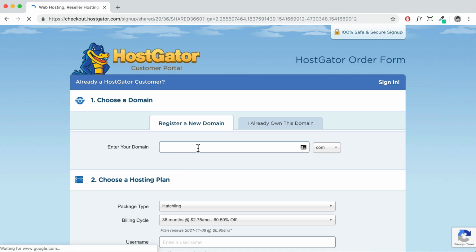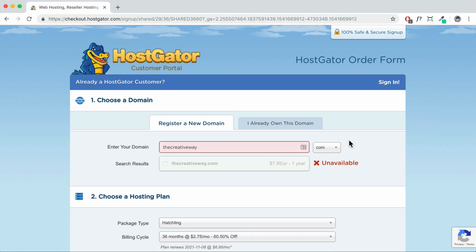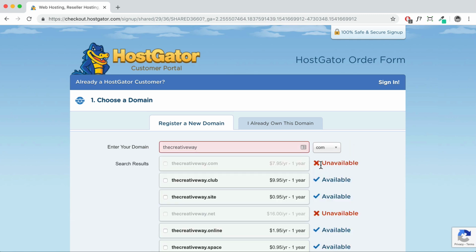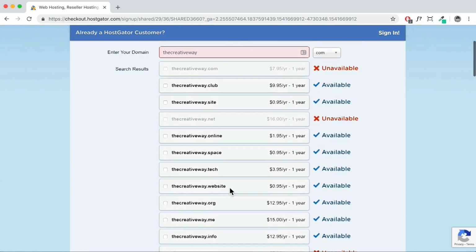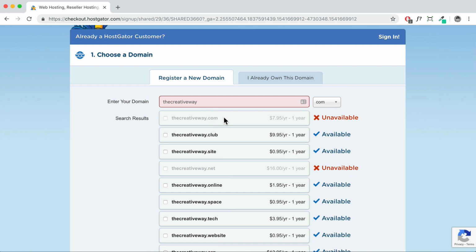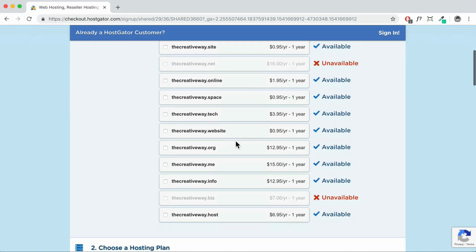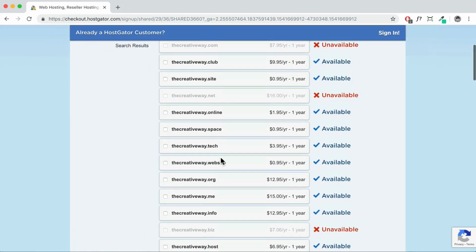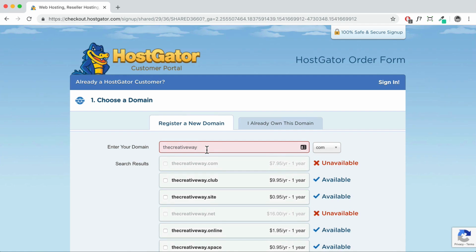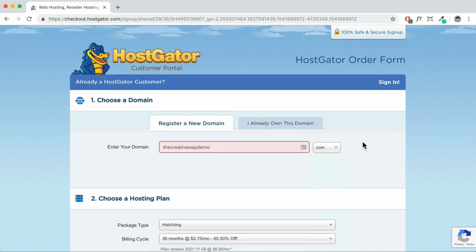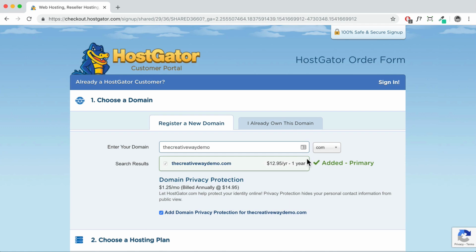and then here is where you're gonna enter in your domain name. So for example, I'm gonna choose something like The Creative Way, and then you can click on the outside here to see if it's available. Okay, so if it's not available, then it's going to be highlighted in red, okay? And these are the available ones, right? But I normally like to go for the .com, okay? Because that's what most people actually type in their browser. But you can definitely go for something like .info or .me. That's totally up to you. So I might do like the creative way demo, click on the outside, and then, you know, that's selected, all